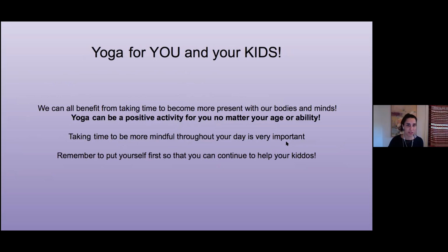So yoga for you and your kids, again, this is all repeating, but it's really important. The more times we hear it, the different ways we hear it. So with this self-care idea, we always want to remember to put ourselves first. We want to be able to continue to help our kiddos, but we need to help ourselves. And I know that can feel really overwhelming, but it's really important to find time throughout your day to be more mindful,